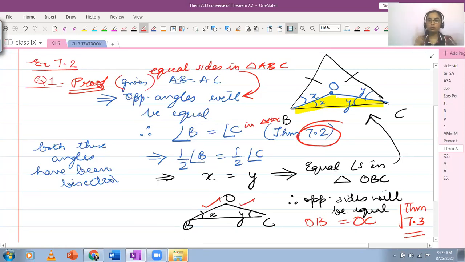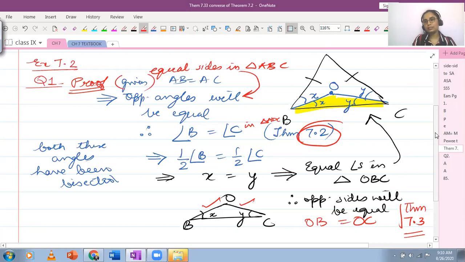You cannot do this for two different triangles. कि एक triangle में एक side दूसरे triangle की किसी side के equal है, तो आप अलग अलग triangles की opposite sides connect करनी शुरू कर दो या opposite angles को match करना शुरू कर दो. That will be wrong. This is completely applicable to one triangle. Two sides of the same triangle, if they are equal, their opposite angles will be equal. And if two angles in one triangle are equal, then their opposite sides will be equal.